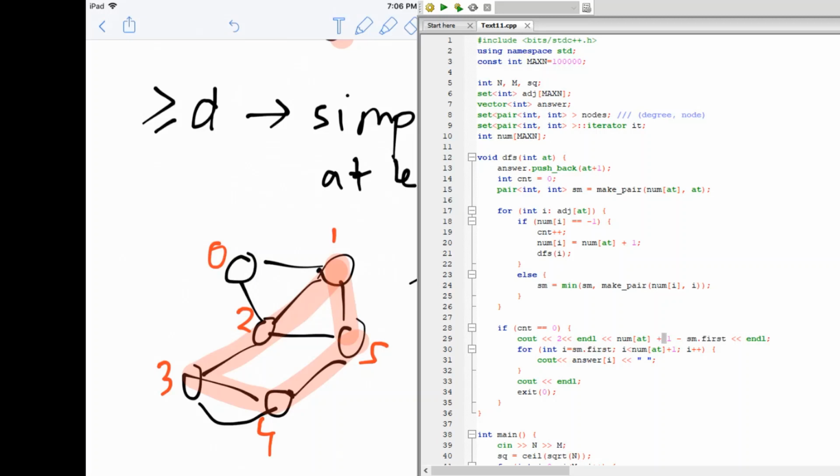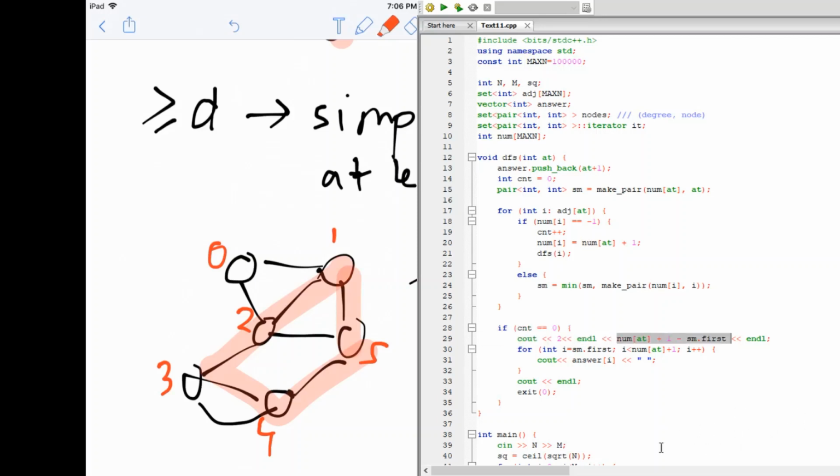So num[at] minus small.first gives us the length of the existing cycle. And just to reiterate, that's this part here, and it's this part here. And the plus 1 gives us this extra edge that we have to add in from 1 to 5. So that's the number of edges